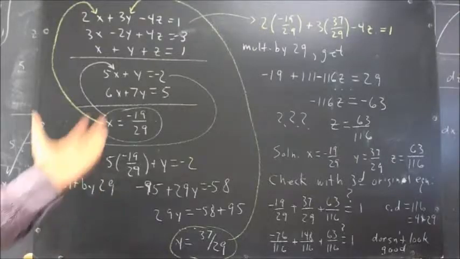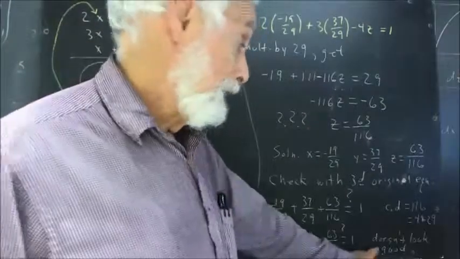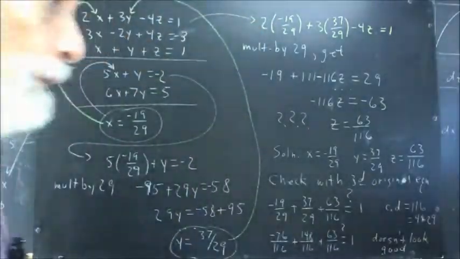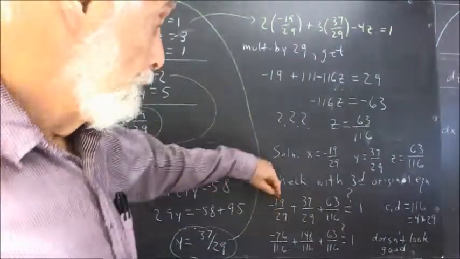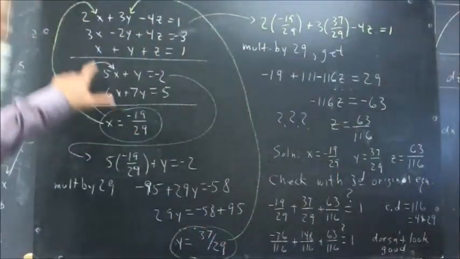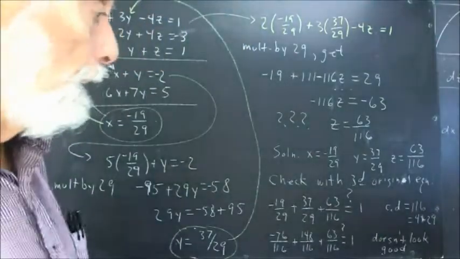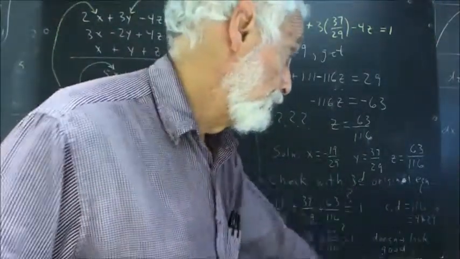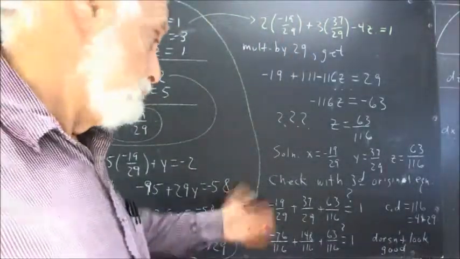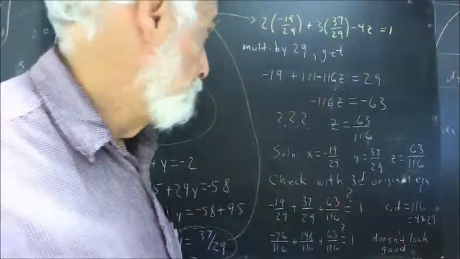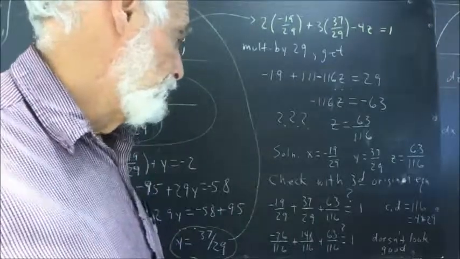Okay, well, checking my solution, and I'll say it doesn't look good. Checking my solution, we plug these numbers in for x, y, and z and see if they add up to 1. Common denominator is 116, which is 4 times 29. So multiplying through by the 116, well,